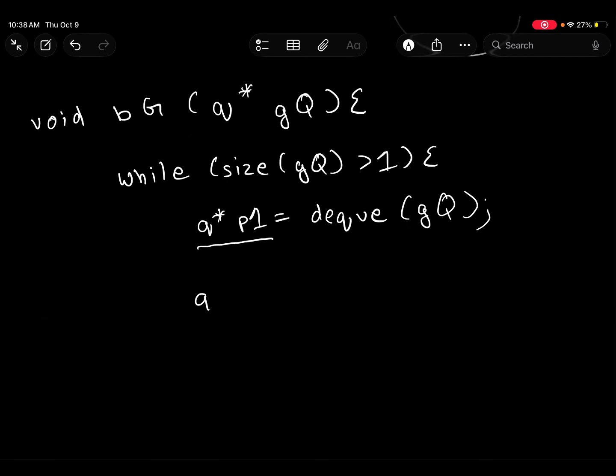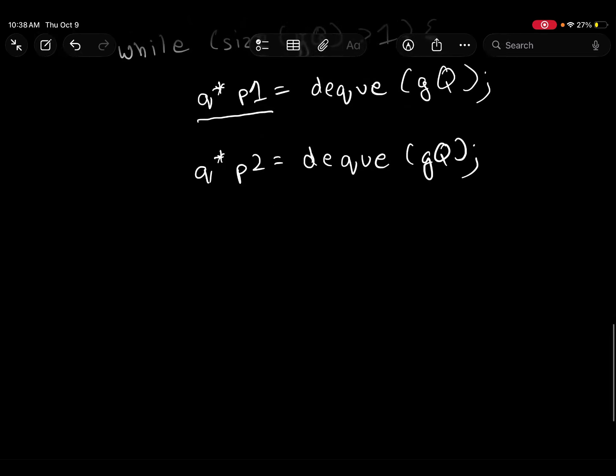Now I create another pointer, let's call it p2 as in player 2, and I dq the value again. This dq essentially removes the whole player from the queue, right? They're no longer in the queue. And now once I have these two variables that essentially hold the first two players of the queue, I'm gonna check whichever player has the highest HP, right? So I'm just gonna say if P1 arrow HP, dereferencing the HP, is greater than P2 arrow HP,